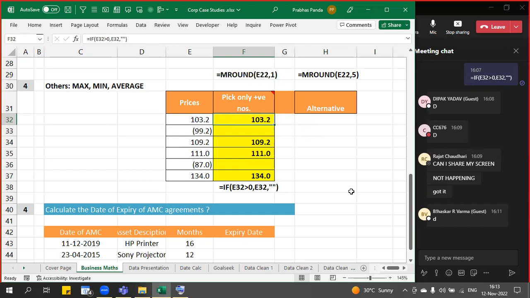Right. So now, the moment we have gone for this simple IF logical formula, how it works, we have understood. Again I'm asking the question: do you get the answer? Yes, you said. But are you happy with the answer, the way we got it? Yes, of course, we got the answer. Then you must be happy. Well, friends, this is what our experts suggest us to do. Now, why I do not recommend this formula in Excel,